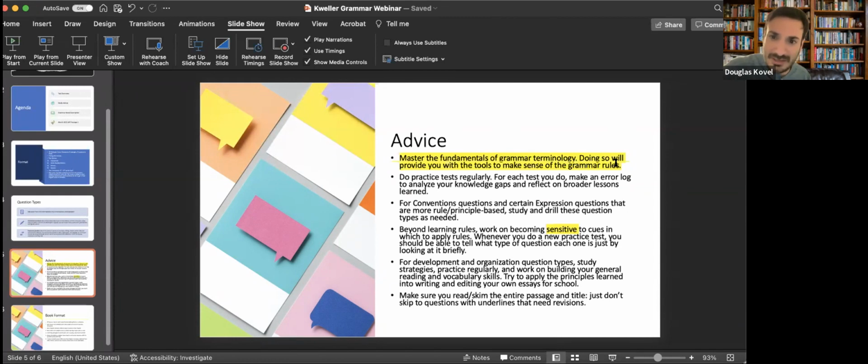And I know it's something that's not necessarily emphasized in a lot of English classes anymore, but it is important you take the time to study them, because while the College Board is never going to ask you to identify any grammar terminology by name, they do expect you to know what those terms are and what they mean. And if you go on their website and look at the official tests that they have released there and that